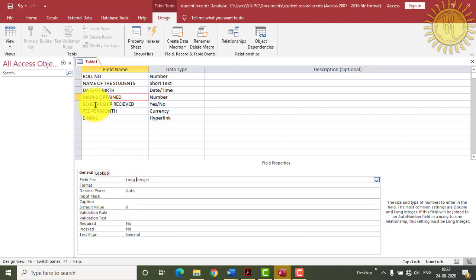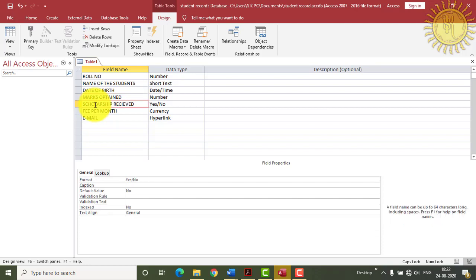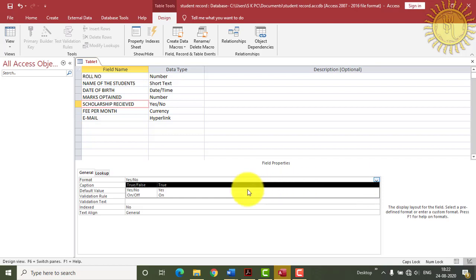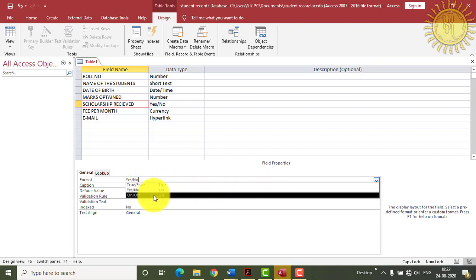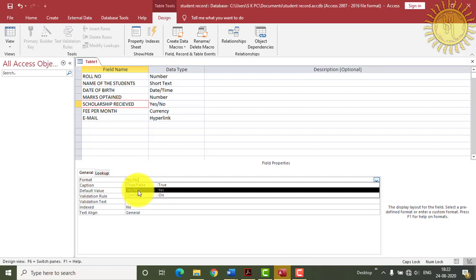Then after that there is scholarship received. This is simply in the form of yes or no, true or false, on or off. Any of these three options you can select, any one.